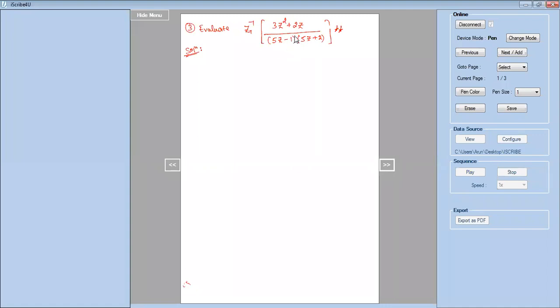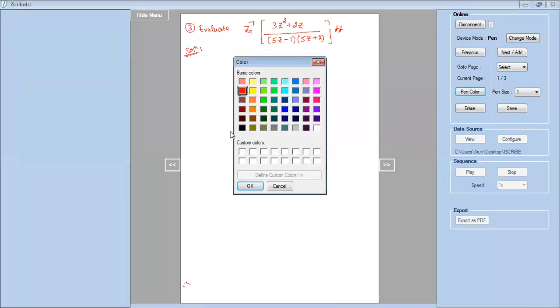It is (5z - 1) power 1, (5z + 2) whole power 1 only. There are no repeated powers. There are no squares and cubes here. So these are also linear non-repeated factors. So whatever we did in the first two problems, I can apply the same procedure to solve this one also. It is a similar problem. So let us see how to solve this problem by using the procedures we discussed.